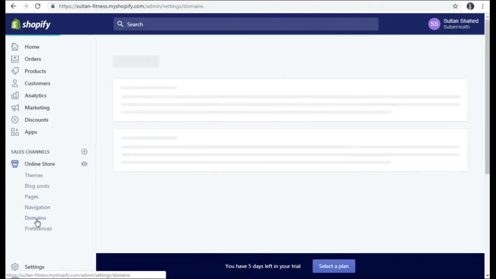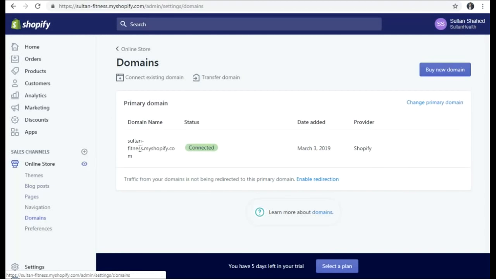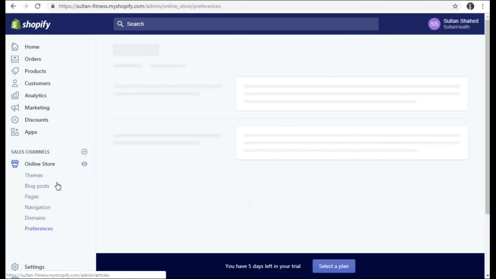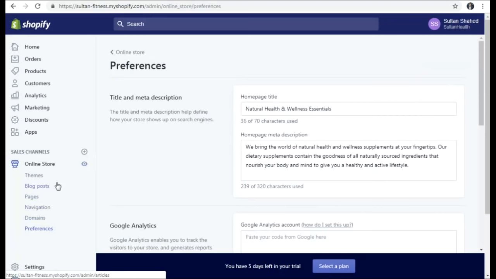Then this is the domain section. I think I touched on it briefly before, that you can actually buy the domain and connect. Then comes the preferences. I'll show you what it is. If you go back to the website,